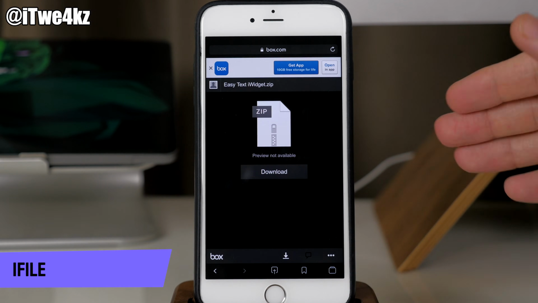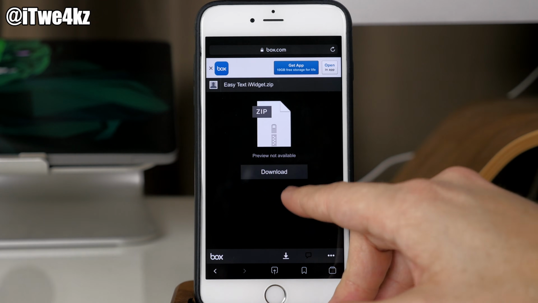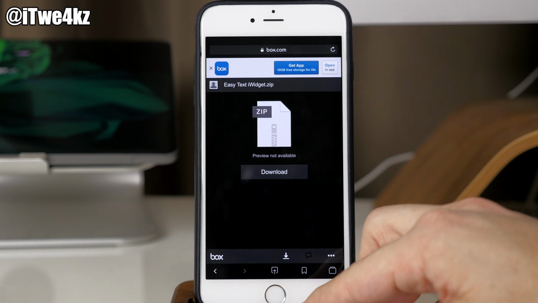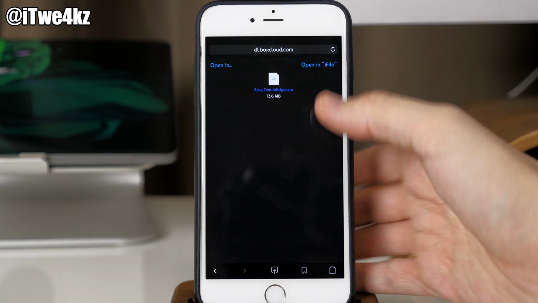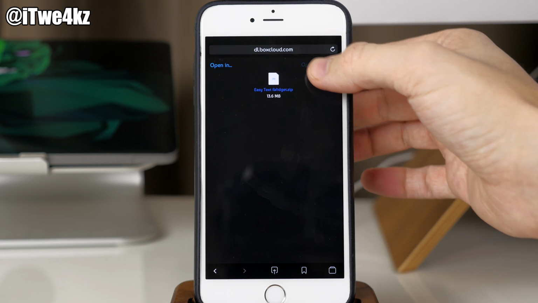And now my link should take you directly to this. Now just make sure you tap on download, and then once you download this, it should give you an open in iFile option right in the top right hand corner. So tap on that,